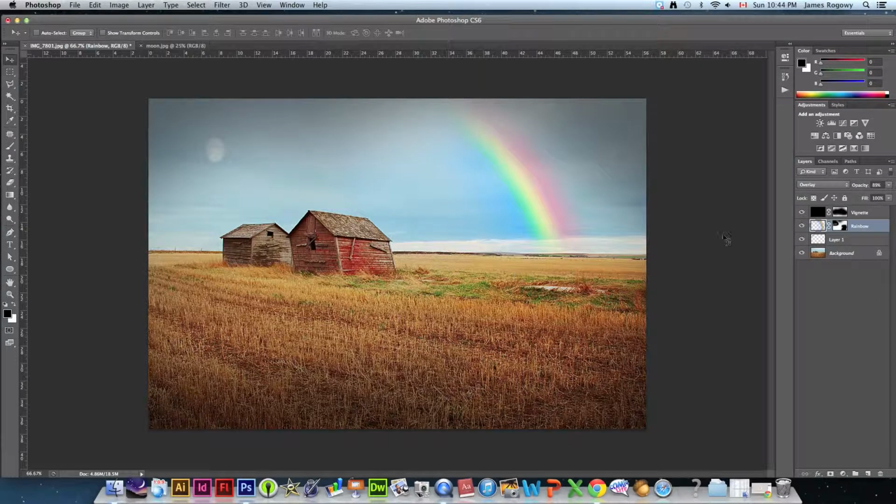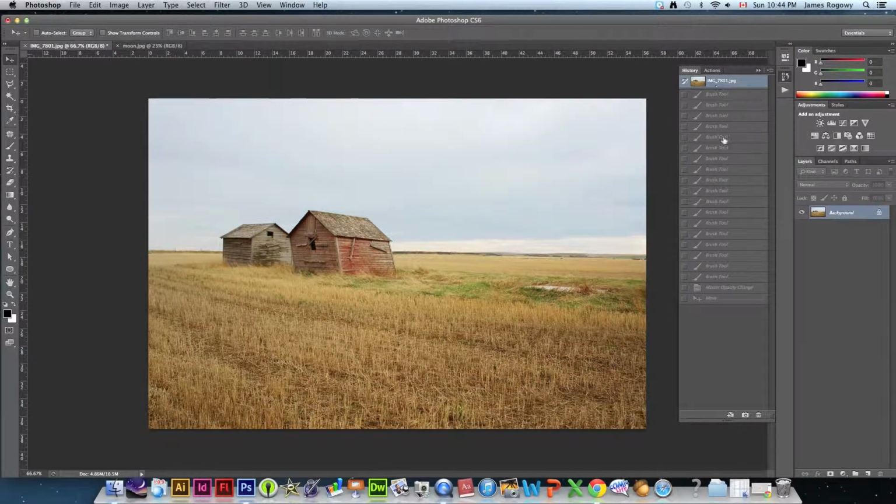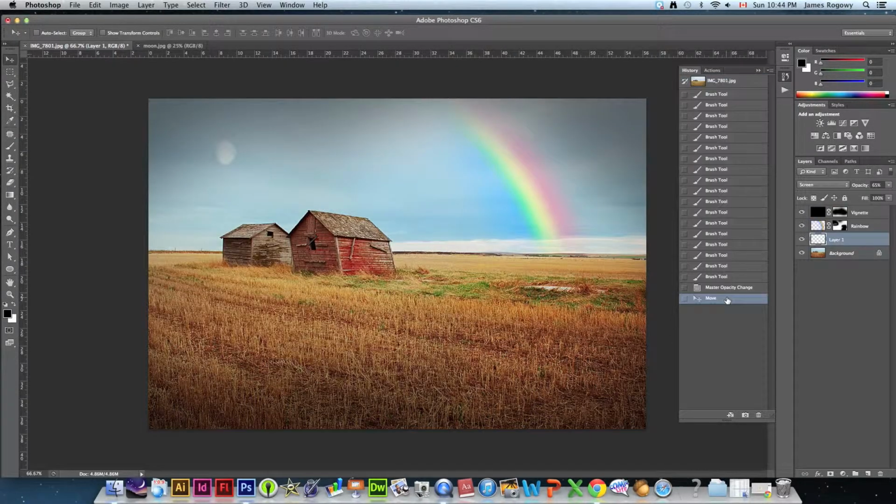Again, obviously this doesn't really work because a couple of things, like the fact that there's clouds and then there's a moon, and yeah, anyways. But if we look at our history, we see what we started with, which is a very plain image. It doesn't have a lot going on. It's still a great photo. You know, we really added some dramatic changes to it. Maybe a little bit too much, a little bit overboard, but